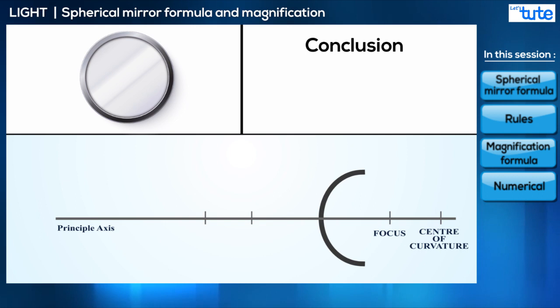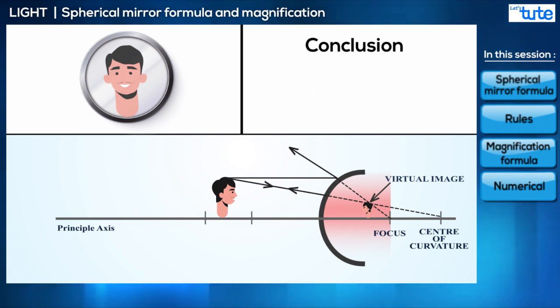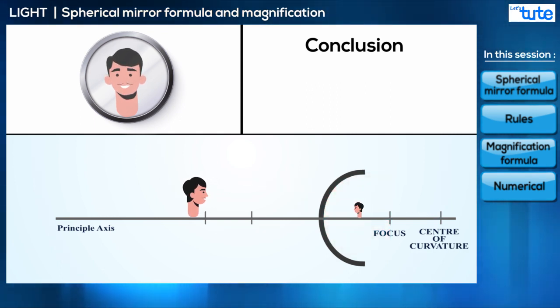In the ray diagram, if we keep our object here, we take two rays from the top of our object, one parallel to the principal axis that will reflect in such a way that it appears to come from the focus, while the other ray goes in the direction in line with the center of curvature. This ray is reflected back onto itself and thus seems to come out of the center of curvature. Using this, we can see that the image formed is virtual between the pole and the focus and is smaller than the object. If we move it away, we again see that the image is virtual between the pole and the focus and is again smaller than the object.